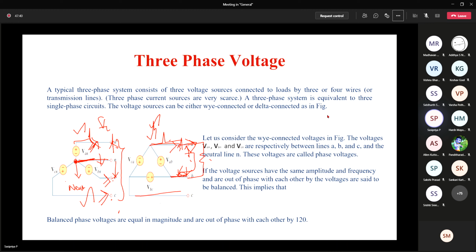As far as the 4-wire connection is concerned, we have two different voltages. One is a line voltage, which is measured between the phase and the neutral terminal. The other one is the voltage generated between the two phasors. Whereas current will be the same, because in the neutral terminal we don't have any current. It's a ground terminal or reference terminal. So we have only one current taken from the three phase points. There is no difference between these two currents, so the line current and the phasor current are going to be the same.